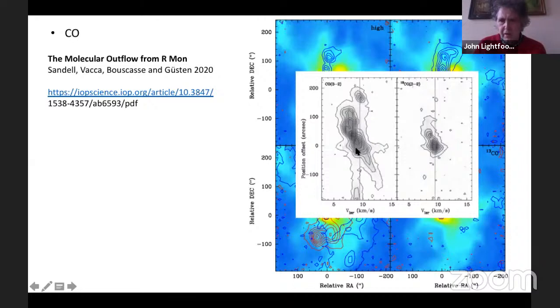This is a cut through the star, so Armon is at 0, I think. And you can see the rest velocity of the cloud must be this line here, about 9 kilometers a second. You can see that there's hardly any emission associated with the gas north of the star, which isn't moving towards us. And similarly, south of the star, there's nothing that isn't moving away from us. So I think that means that there's basically just one side to the shell.